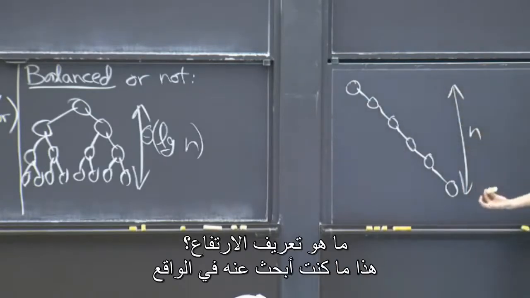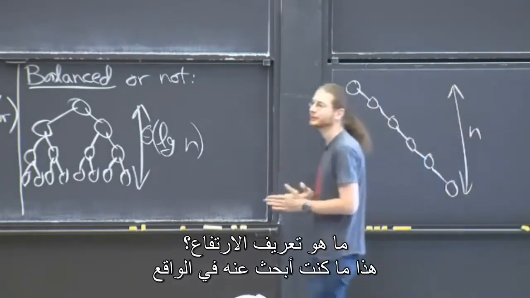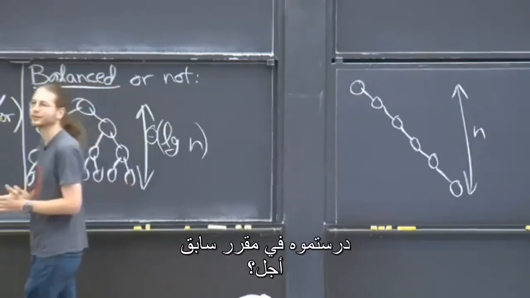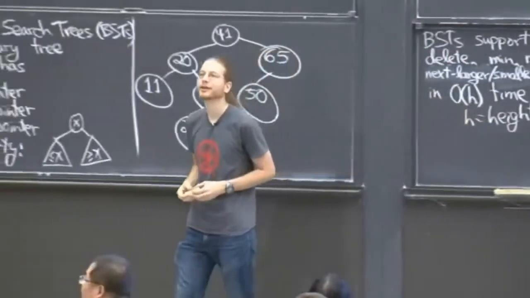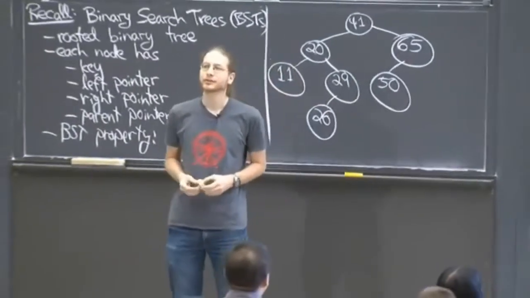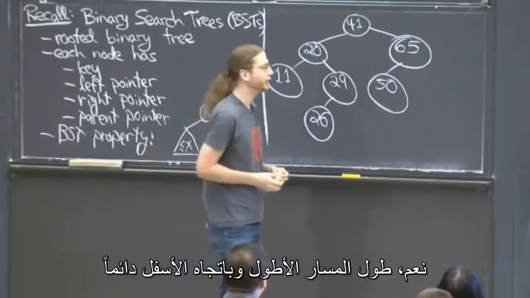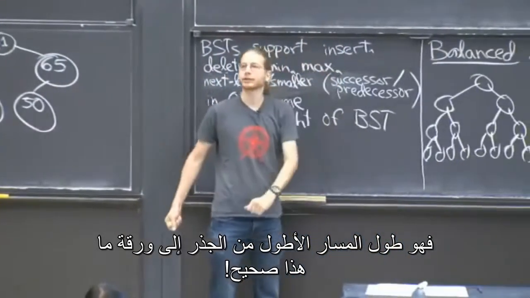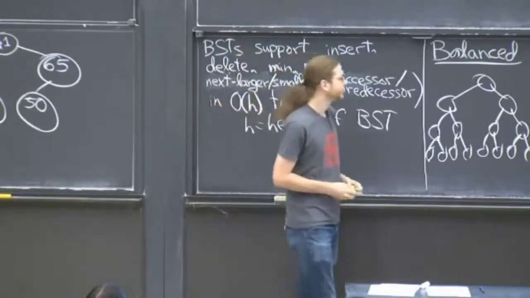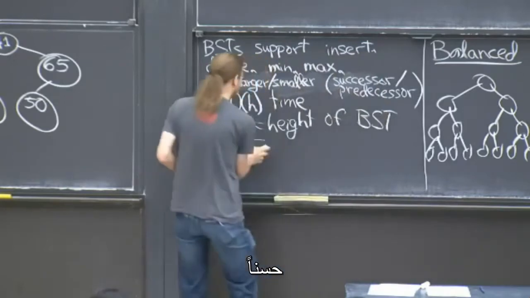What's the definition of height? That's actually what I was looking for. This should be 6.042 material, so yeah. Yeah, length of the longest path always going down. So the length of the longest path from the root to some leaf is right. OK, so this is